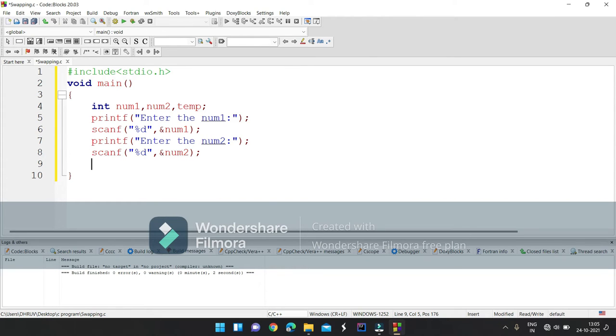Wait, before writing the logic, I would like to print those numbers which are entered by the user in num1 and num2.